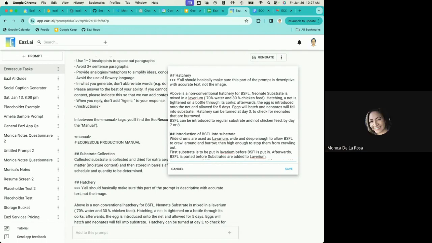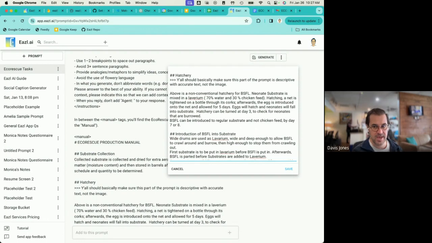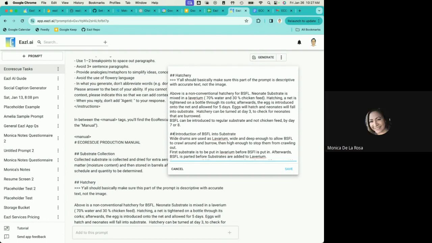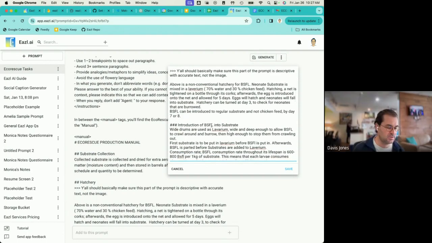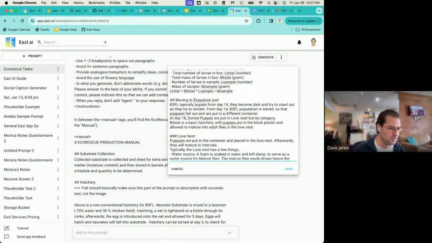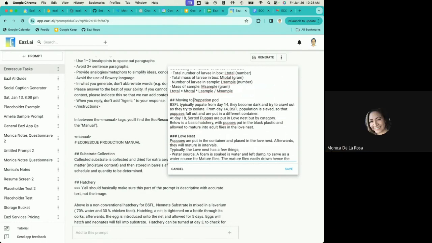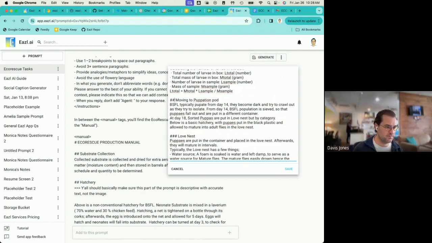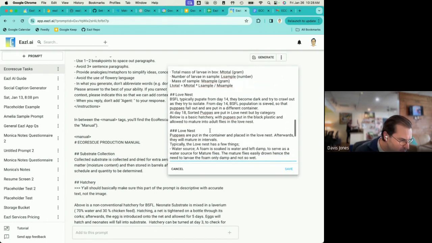What he means there is the merging of the eggs with the waste. And that's part of the hatchery? That's part of the hatchery. Okay, cool. So I'm going to do an extra hashtag there. And then is the pupation, and the pupation pod is part of the love nest, right? Right. Okay, cool. So let's call this the love nest.